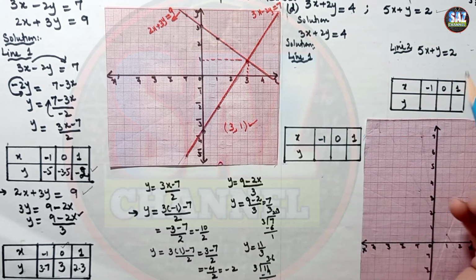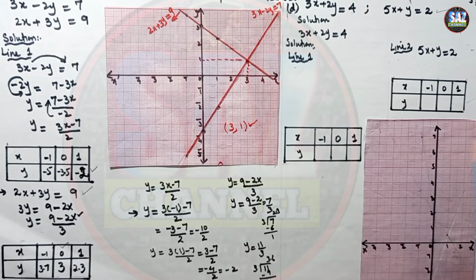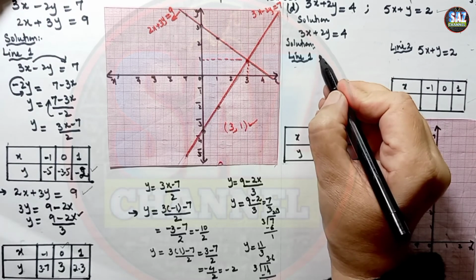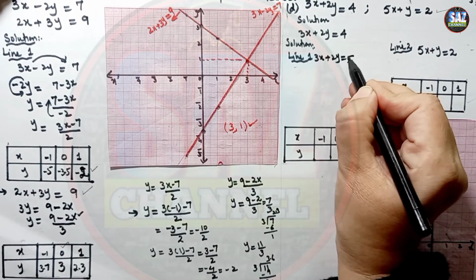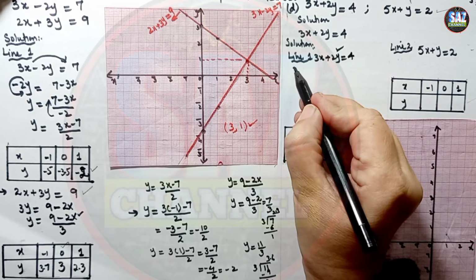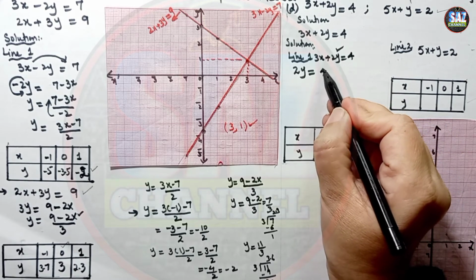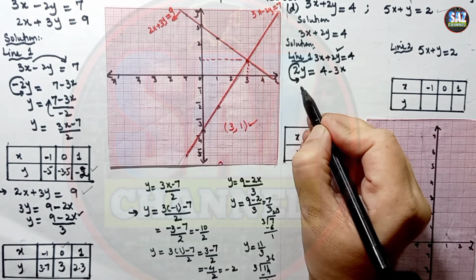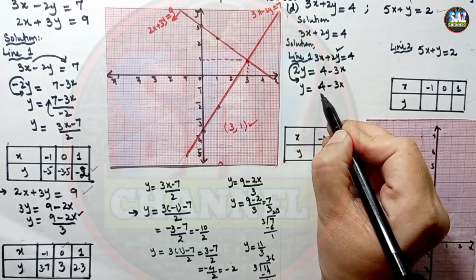Let's solve each equation one by one, make the table values for x and y, and plot the equations. When I'm taking line 1, that is 3x plus 2y equals 4, what I have to do is make y the subject of the formula. In order to do that, I have to shift the extra term, so it is 4 minus 3x, and then this 2 is dividing, so it will take the form y equals (4 minus 3x) by 2.